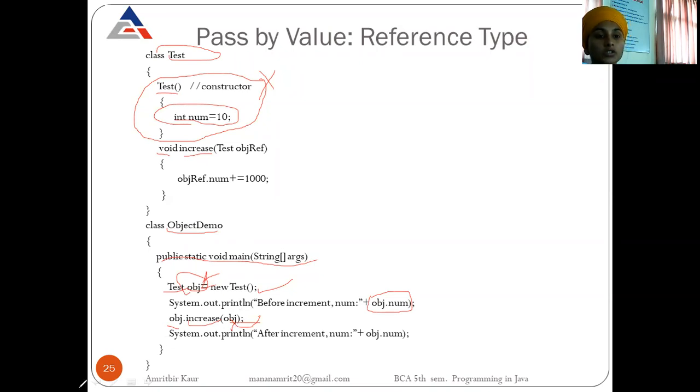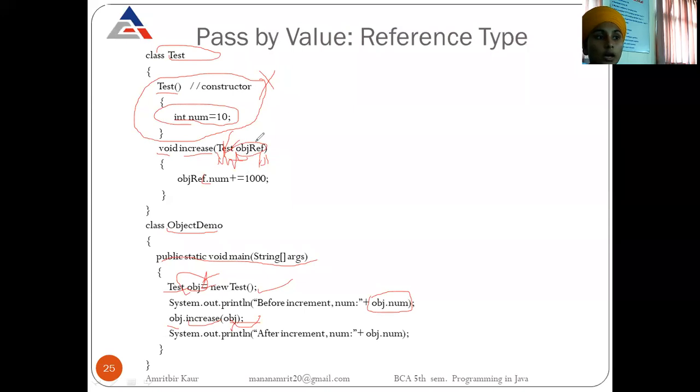When we call a function, if we pass an integer value, then we write type integer here, and then our parameter name, we can say p1, as per our requirement. So the data type will be the type of variable we are passing. Here we will pass an object reference, which is an object reference of the Test class. That's why we are writing here Test, and this is our object reference. We write the parameter name here.